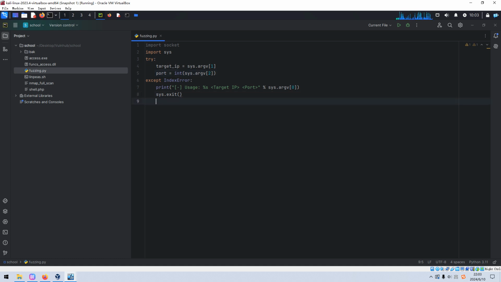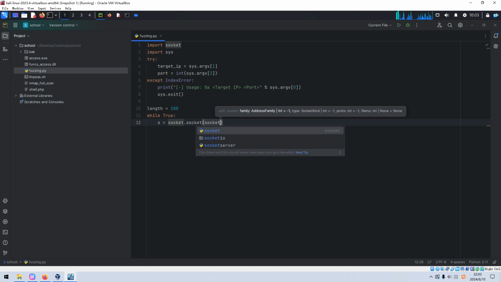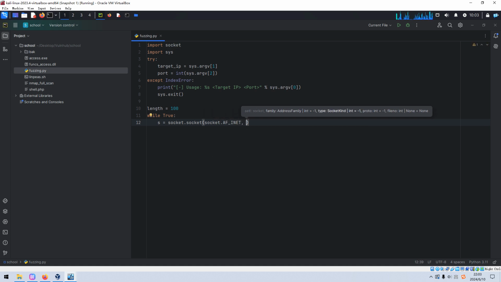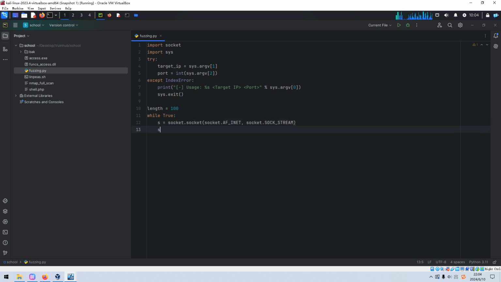Okay, now we want to make a loop. So the length should be, for example, 100, for while True. Then we create a socket object, the IPv4 family, socket TCP stream, and then we connect to the target and port number.